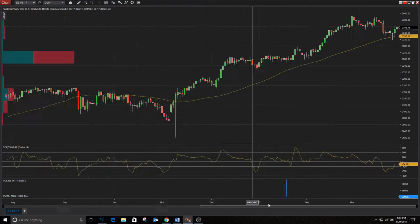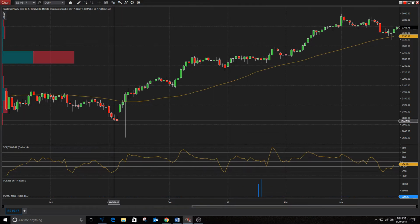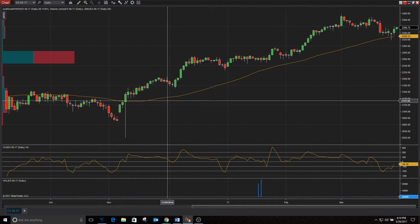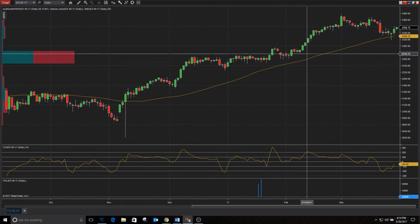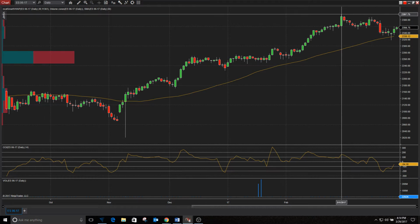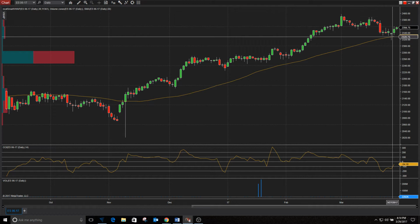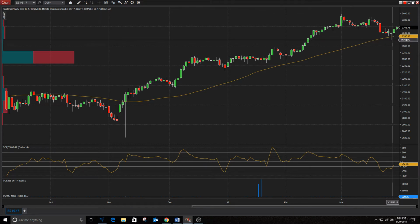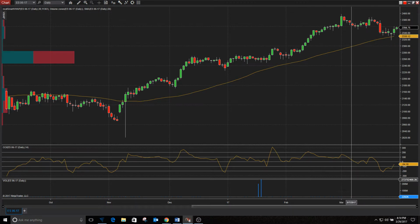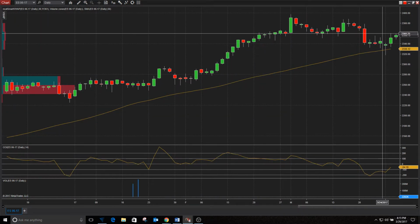First, we're going to look at the S&P 500, so sort of the broad market. Obviously, this has been an uptrend for the most part since Election Day, rallying much higher recently, getting up close to 2,400, and then retracing a little bit, getting down to the 50-day, had that sort of gnarly intraday move down to the 2319s, and then we've been rallying ever since. But today, it was a little bit of an inside day, so that means we didn't get past the range